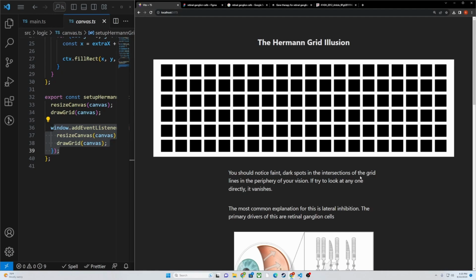So wherever you're coming at this from, I do hope you enjoyed this tutorial, and stay tuned if you want more. For the future, I want to take this a little bit further, and I want to make this Hermann Grid interactive, because right now, especially from the computer science part, it's a tutorial in how to use HTML Canvas, and the next thing I want to learn is